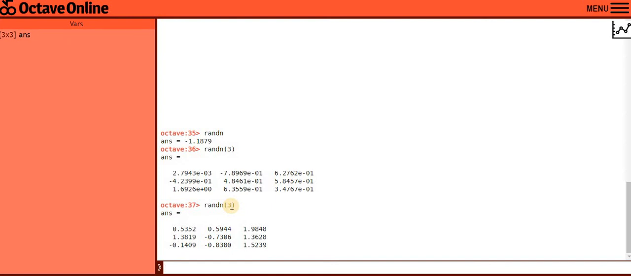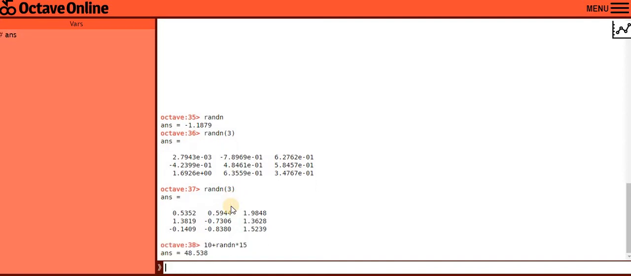Now what if you want to create randomly generated numbers and you want to fix the standard deviation and you want to fix the mean? In that case, the syntax is x plus randn multiplied with s. Now in this formula, x is the mean and s is the standard deviation. So if I want to fix the mean as 10 and the standard deviation as 15, press enter. This is the number, right? But we also need to create a